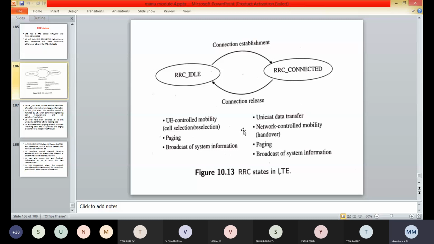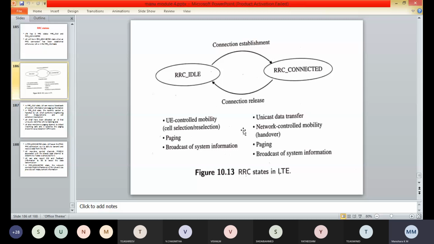A user equipment is in the RRC connected state when the RRC connection has been established. Otherwise, the user equipment is in the RRC idle state. In the RRC idle state, the user equipment can receive the broadcast of the system information and the paging information.